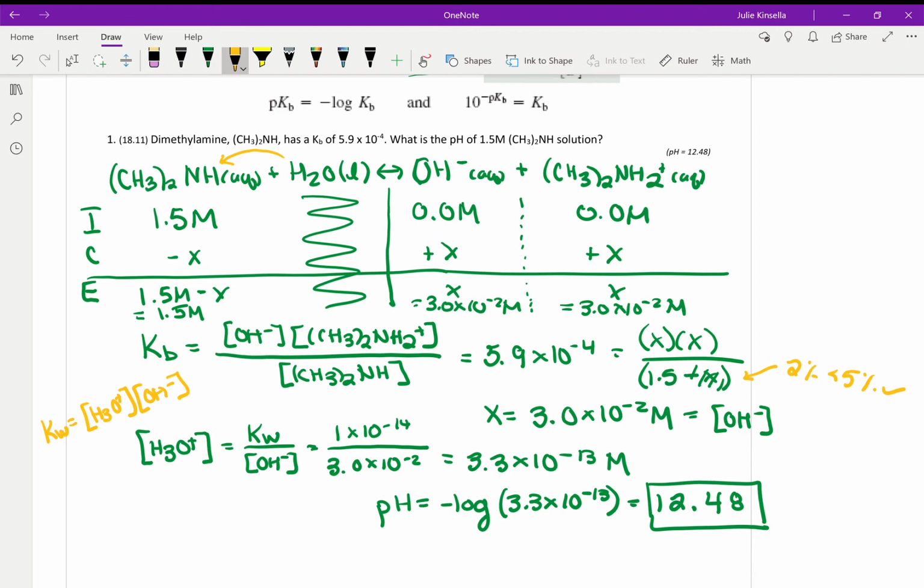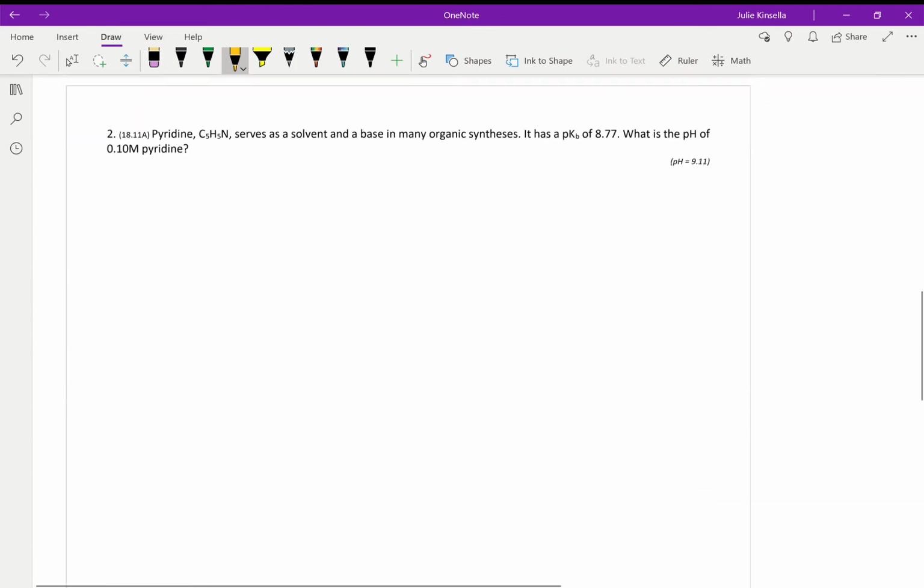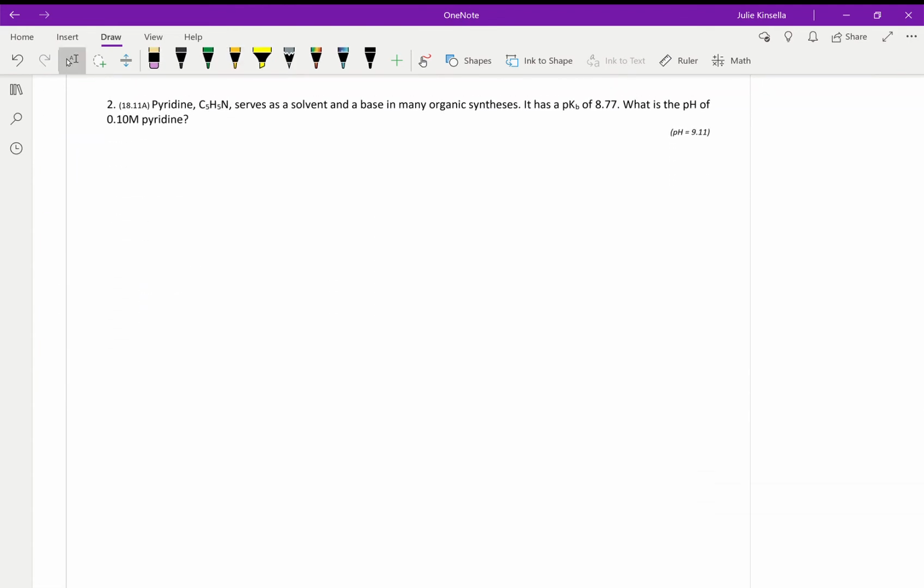All right, this would be a good chance for you to pause, try out number 2, and then check over your work, or if you feel confused after this one, then just go ahead and watch it with me. All right, so for number 2, here we have pyridine. You can see that nitrogen there, which indicates you probably have a base involved. It gives us, in this case, the pKb of 8.77, and it asks us for the pH of a 0.1 molar pyridine